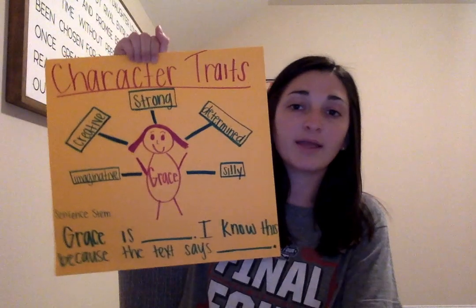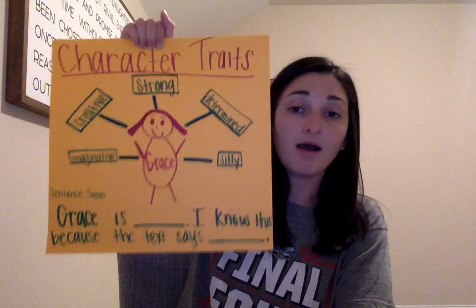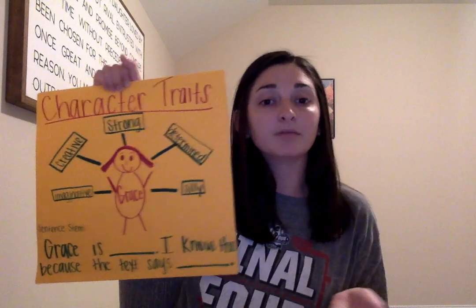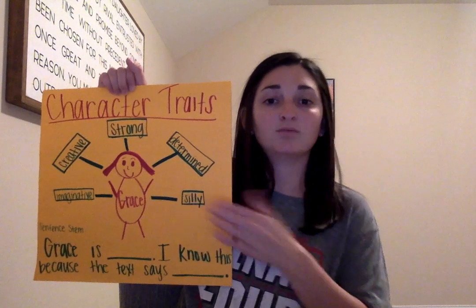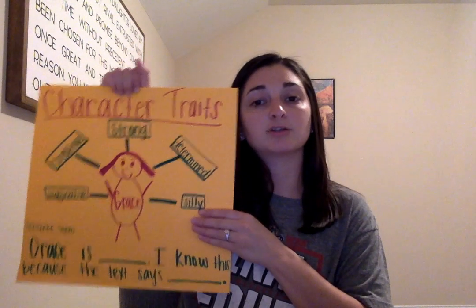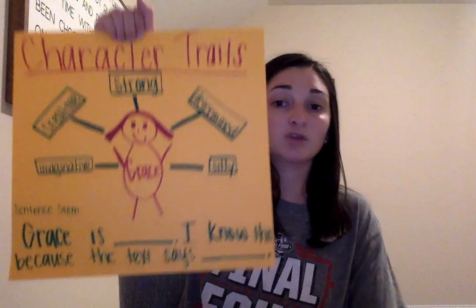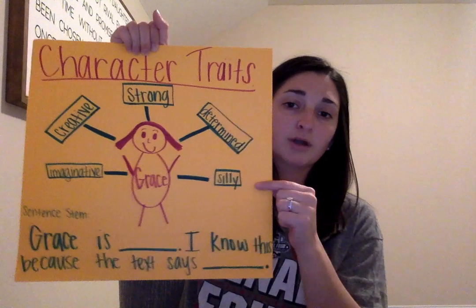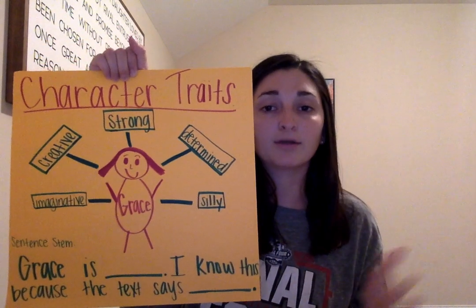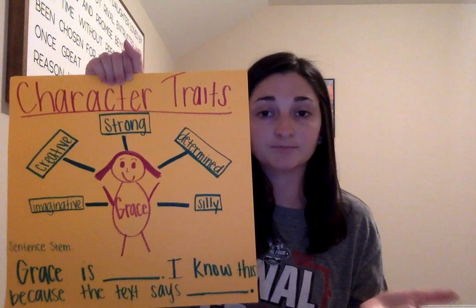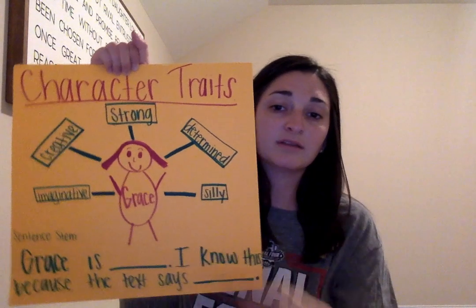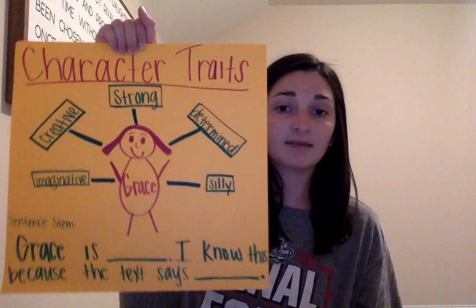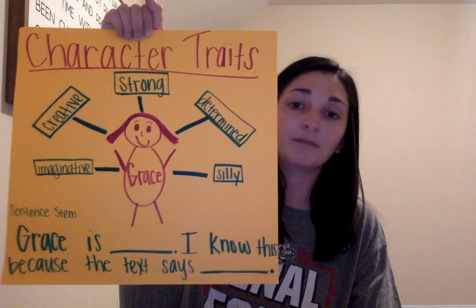Just like when we have been reading other books and we talk about our characters, we might say, well, this character is kind. Okay, how do you know this character is kind? What in the story tells you my character is kind? So I want you to think about it. Draw a picture of your character, and then think about what you know about that character that helps describe them, because our character traits describe our character. Then go ahead and use the sentence stem. The boy or the tree for The Giving Tree is blank. I know this because the text says blank.